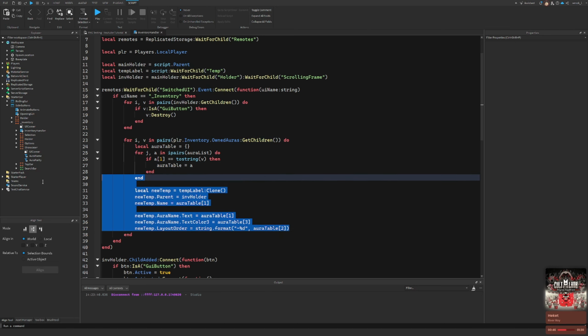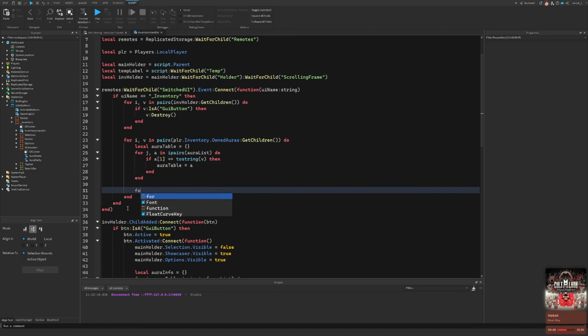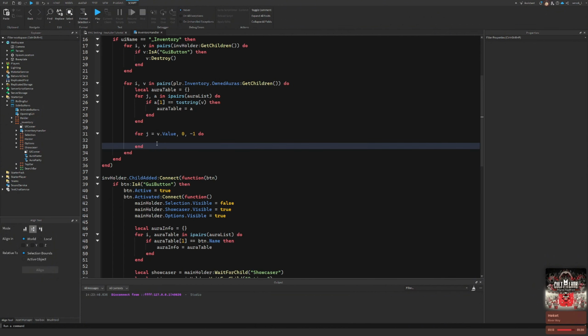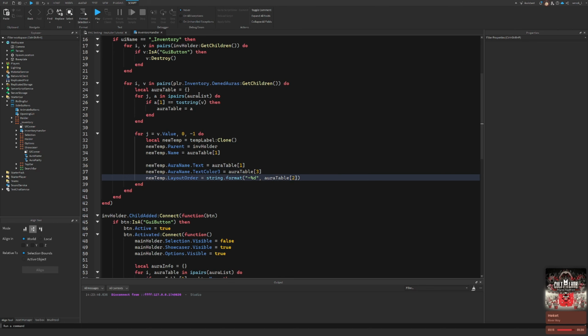We can cut it out, say for j is equal to v.value. Yeah, j is v.value. We have to set this to 0 and to -1. And that is it, because now all we have to do is paste this in, and if I am not wrong, it should create one of all